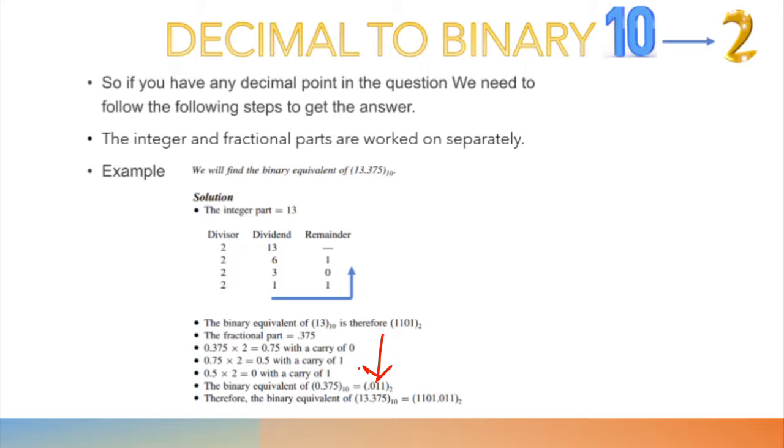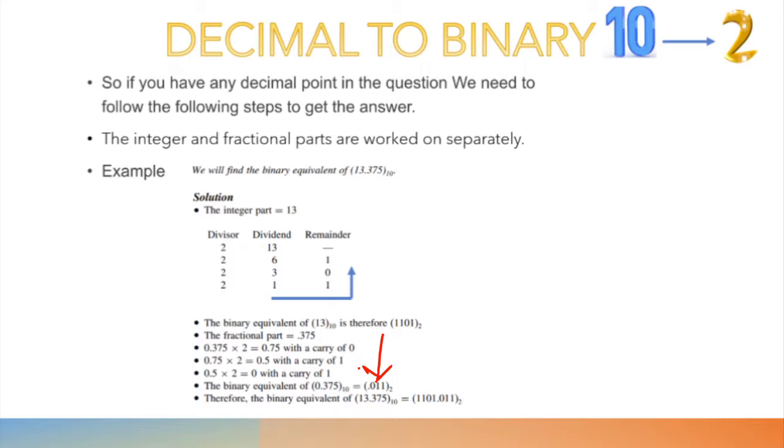For the fractional part, it is found by successively multiplying the fractional part of the decimal number by 2 and recording the carry until the result of multiplication is 0. The carry sequence written in forward order constitutes the binary equivalent of the fractional part of the decimal number. And if the result of multiplication does not seem to be heading towards 0 in the case of the fractional part, the process may be continued only until the requisite number of equivalent bits has been obtained. This method of decimal to binary conversion is popularly known as the double-dabble method.